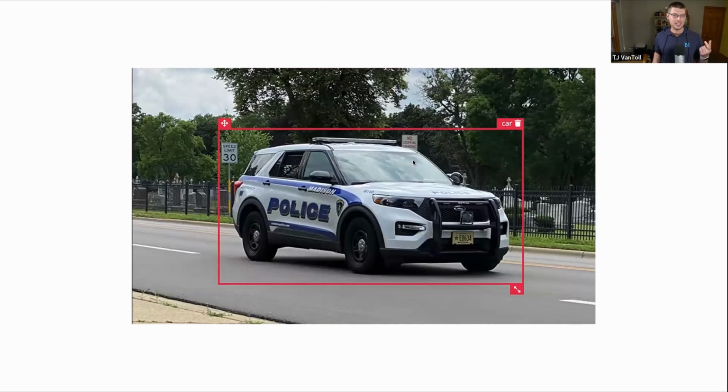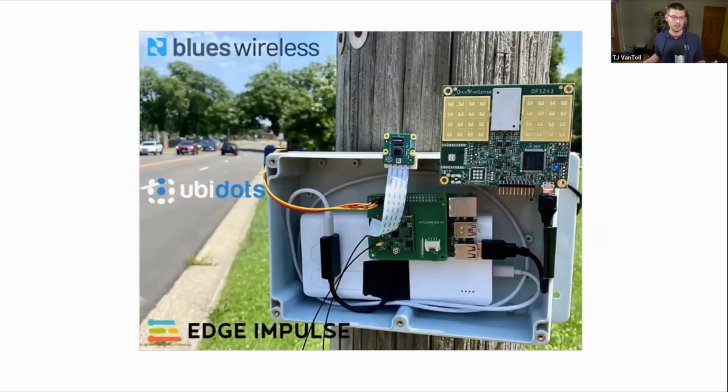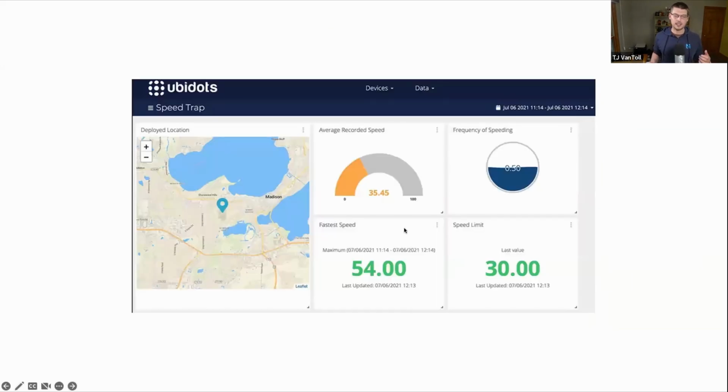And then when he detected a car using Edge Impulse, he used this radar sensor up here to essentially clock how fast that car was going down his road, and then used the Notecard, which is in here, to send the results of that so that he could basically have a live dashboard of how many cars are going down his road, how fast they're going, the highest speed, these sorts of things as well,